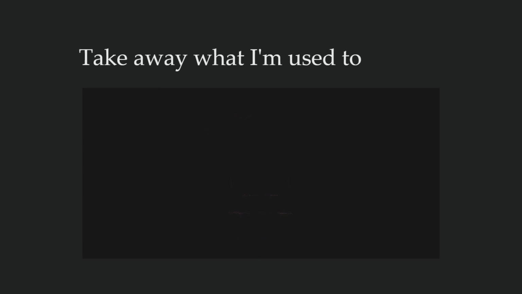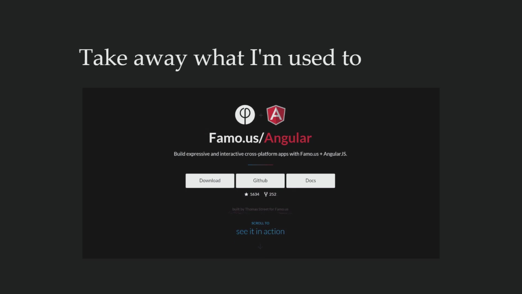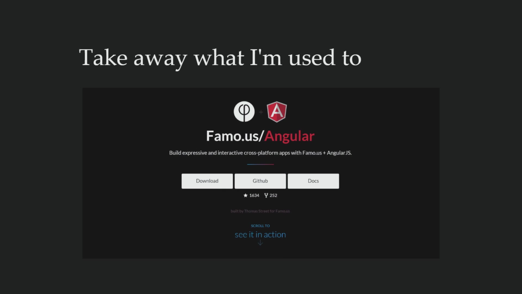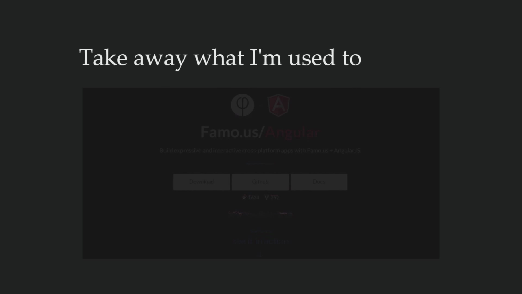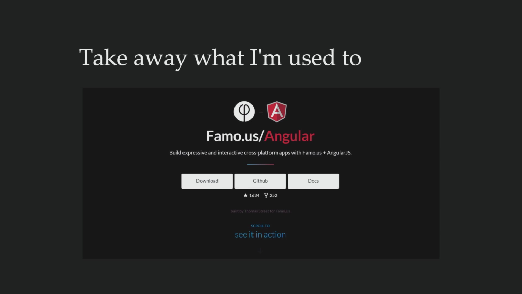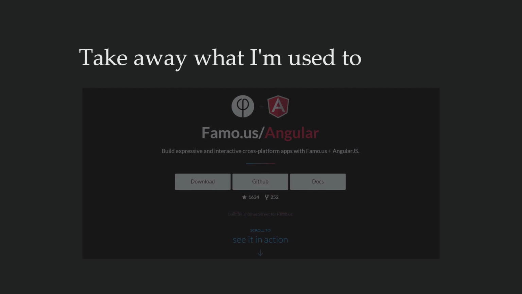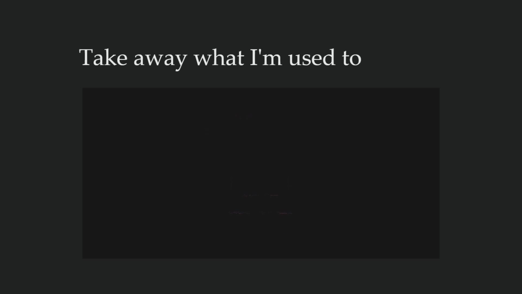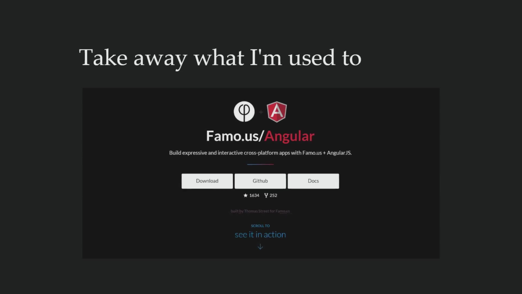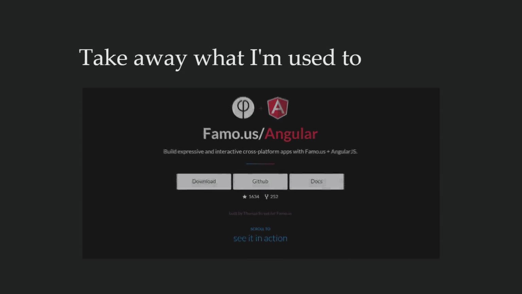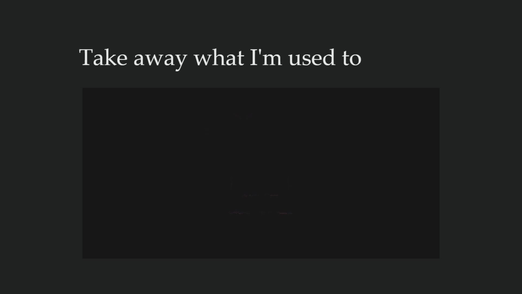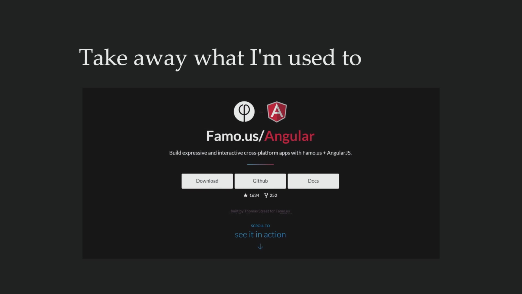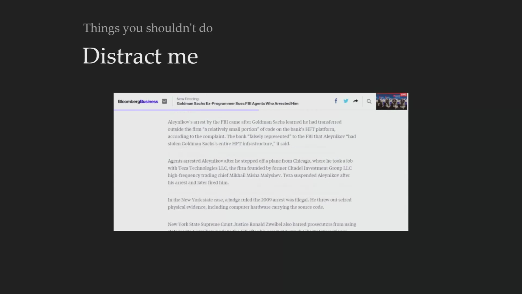So this is just another example of what not to do. In this Angular site, I scrolled with my mouse wheel literally 20 times before it popped back to the exact same screen. I don't know what they were thinking, making me scroll that much just to try and get to the next page. I had to do it 21 times to get to the next page. But that is not a pleasant experience for users.